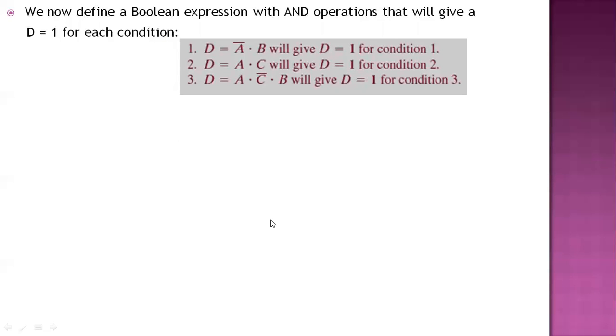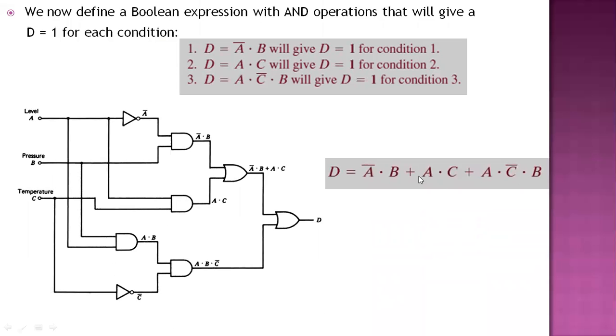So the final logic equation from all this, if you combine all the three conditions so that if any is true, the alarm will sound, that is D equal to 1. This can be accomplished with the OR operation. So let's see what it will be. D is equal to A bar dot B plus A dot C plus A dot C bar dot B. So this equation would now form a starting point for a design of electronic digital circuitry that would perform the indicated operation.